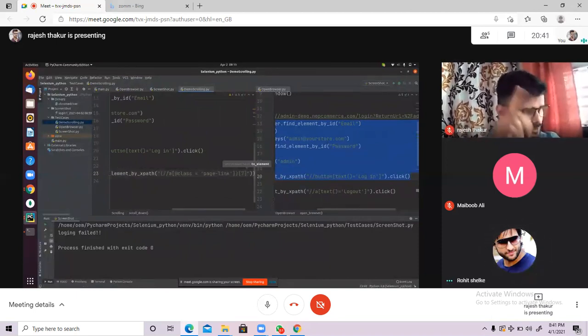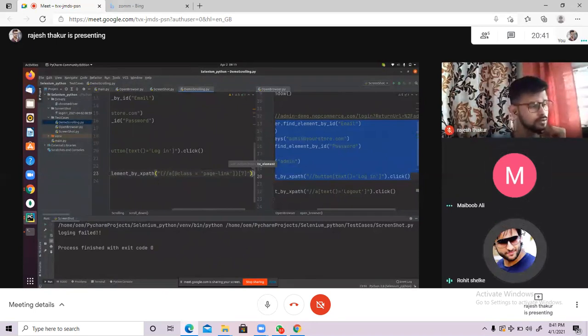Just we are trying to scroll it. That's all. So sometimes you will face this kind of problem. Suppose you have to perform some action on that particular place, and that place is not visible on your home screen. So you have to do the scrolling. If not, then you will get web page element not found exception, right? Because WebDriver is not able to identify the element. Where is your element? Because that page itself is not visible.